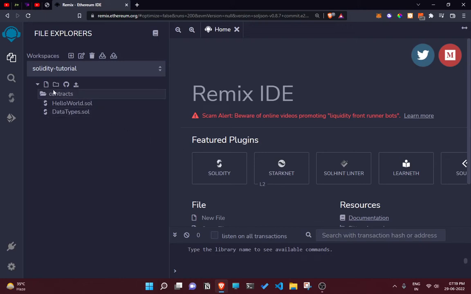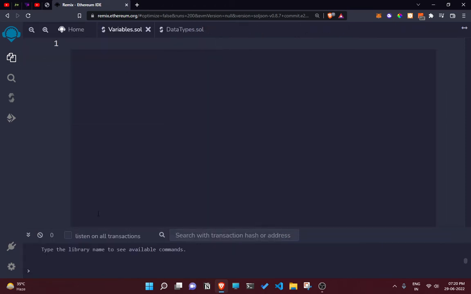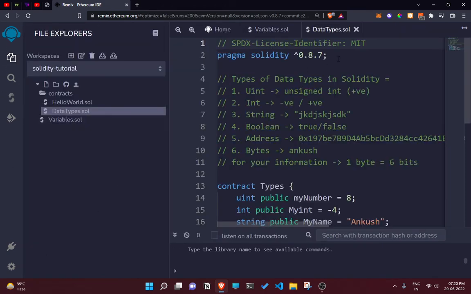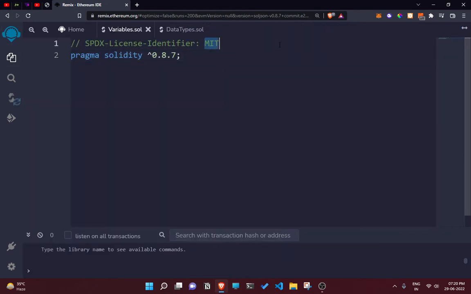And now let's just make a file right over here. Let's say variables.sol, right? So over here we are going to be writing a code. So in the top header syntax, just copy from here, paste from here. What this exactly means, I already shared with you. This is essentially an identifier which we can identify that we are using MIT license for this